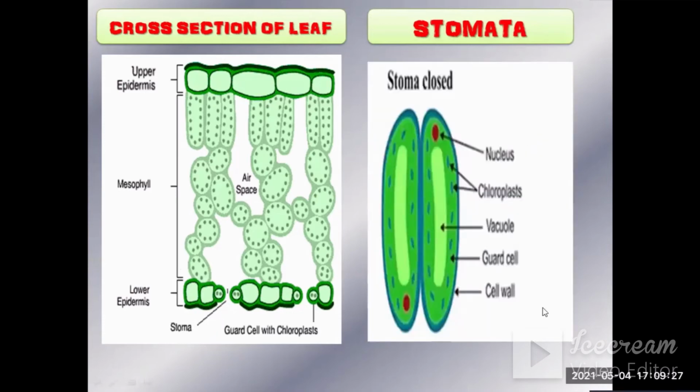So let's see. This is a bigger view of the stomata. The stomata contains two bean-shaped cells, and they are called guard cells. The guard cells also contain a vacuole. Remember, in the last video, we had studied the parts of a plant cell. It also has a huge vacuole. And all those structures are chloroplasts. As you can see, many chloroplasts are streaming in the cytoplasm, and the nucleus is being pushed by this large vacuole towards the periphery.